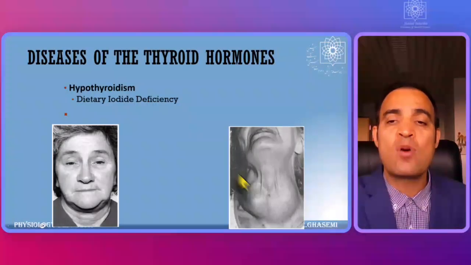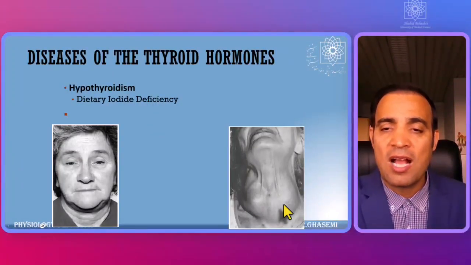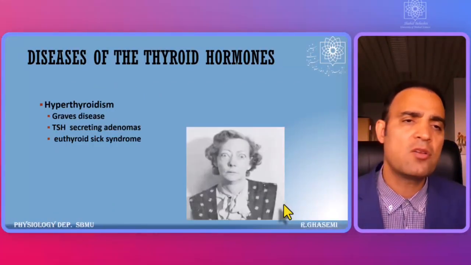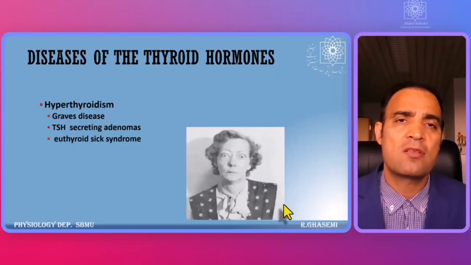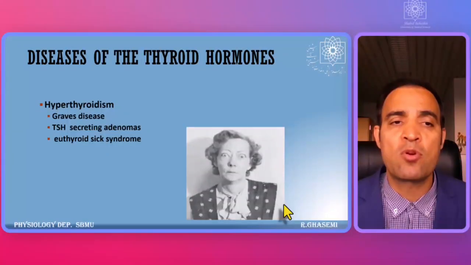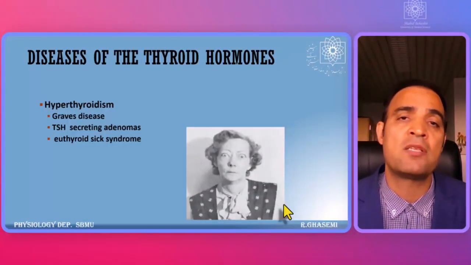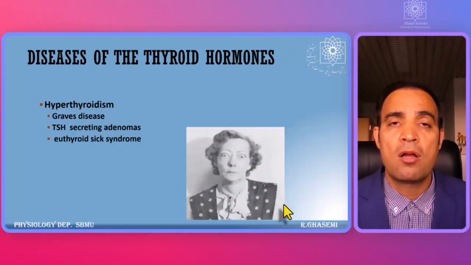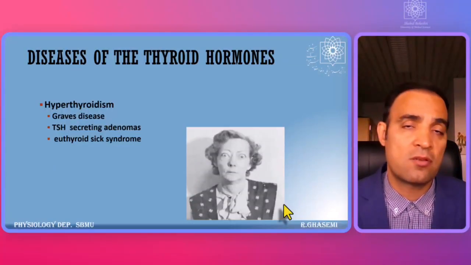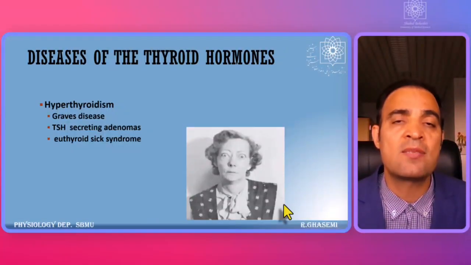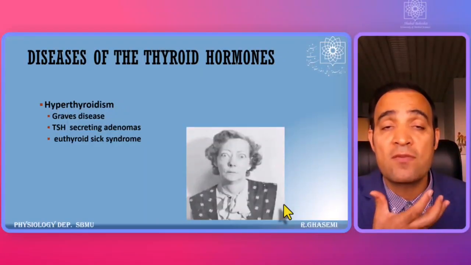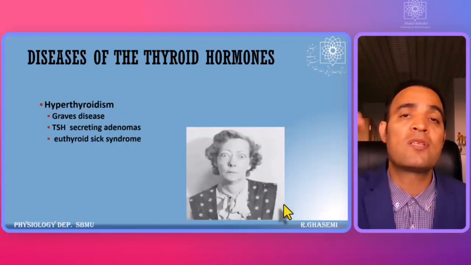For this reason, we have a goitre, and you can see in this figure how much the thyroid gland is enlarged. On the other hand, I told you about hyperthyroidism, the situations where, for example, TSH secretion is abnormally increased, for example in adenomas, or because of autoimmune disease, the inflammatory cytokines stimulate the thyroid gland, and in this situation again the size of the thyroid gland may increase, but this time thyroid hormone is high, and